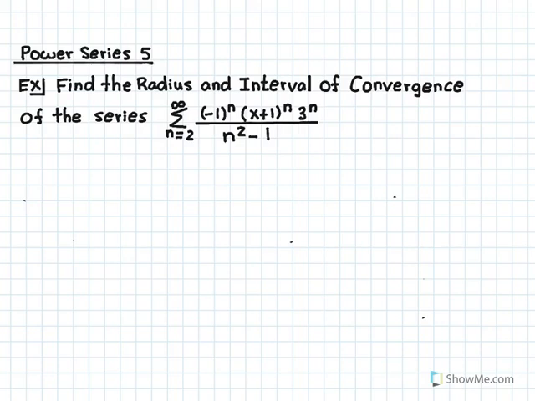In this video, we're going to continue our discussion of the interval of convergence of a power series. The question here is to find the radius and the interval of convergence of the power series, summation n equals 2 to infinity of negative 1 to the power of n times x plus 1 to the power of n times 3 to the power of n divided by n squared minus 1. We're going to apply the ratio test